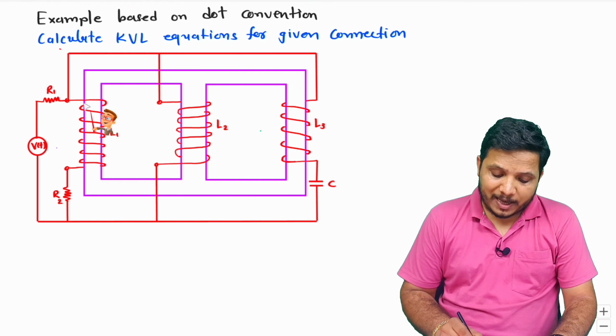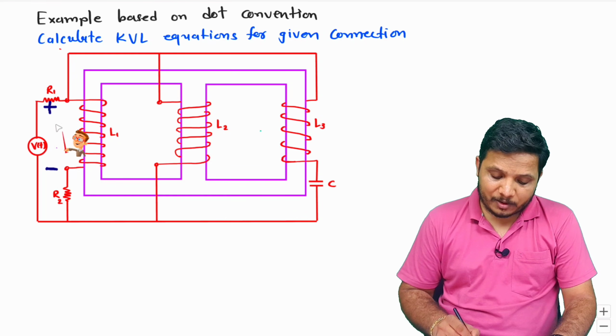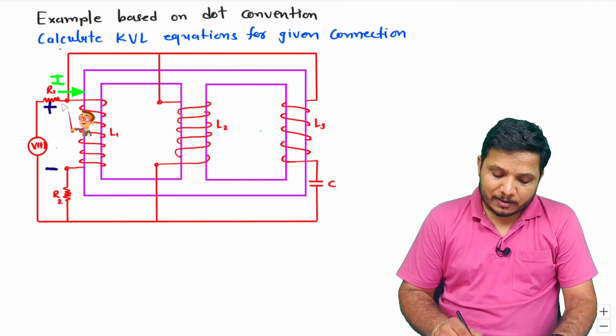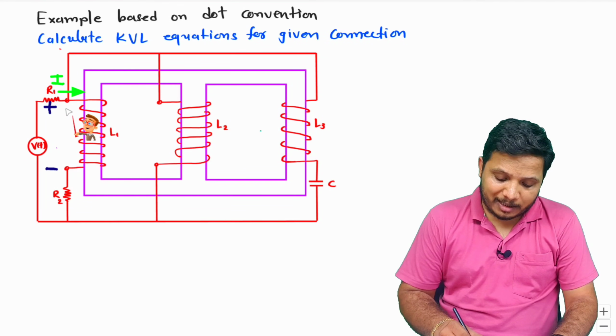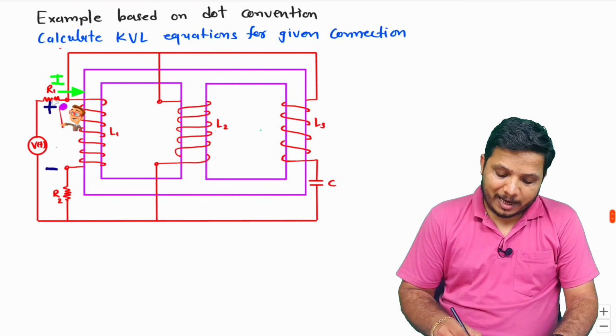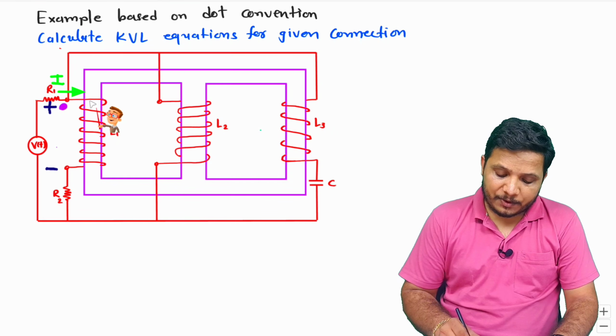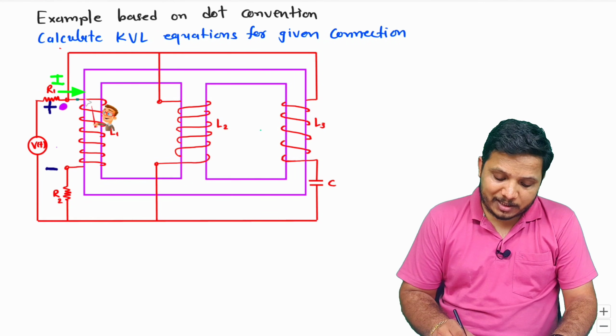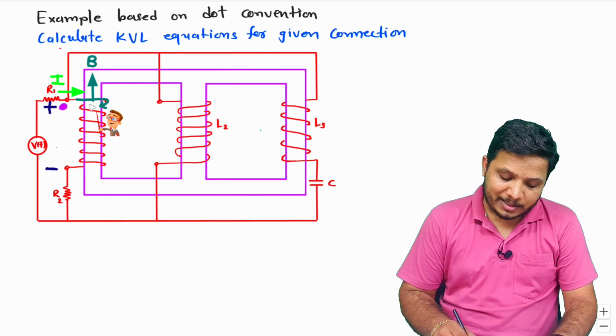So here with L1 I am connecting supply plus and minus over here. So current will go inside of L1 like this. So here I need to place the dot convention. First I'll be considering a circle here, as current is going inside. Now if you use the right hand thumb rule, then as per the right hand thumb rule, the finger direction is this. So the magnetic field that will be generated is in this direction, in the upward direction, right?